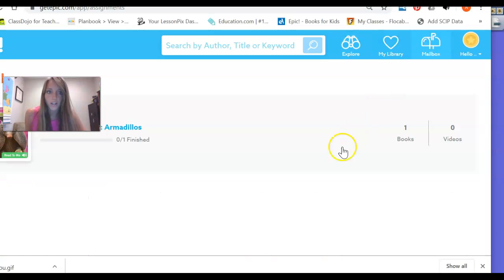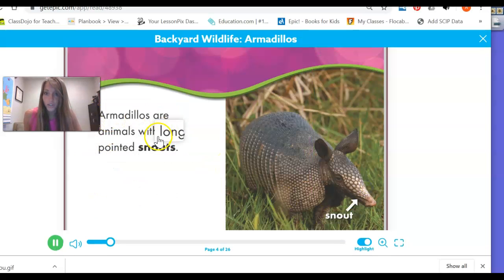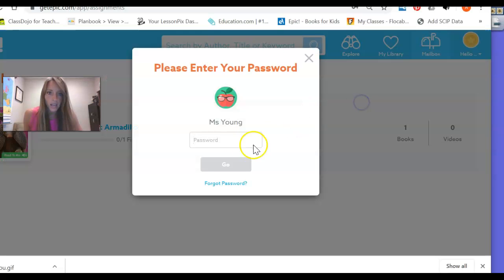I've picked books that are on your child's level and usually something they might be interested in. So it keeps track of your progress. It also will read to your child and highlight the words while reading so that they can track. And then just one more thing from my account,